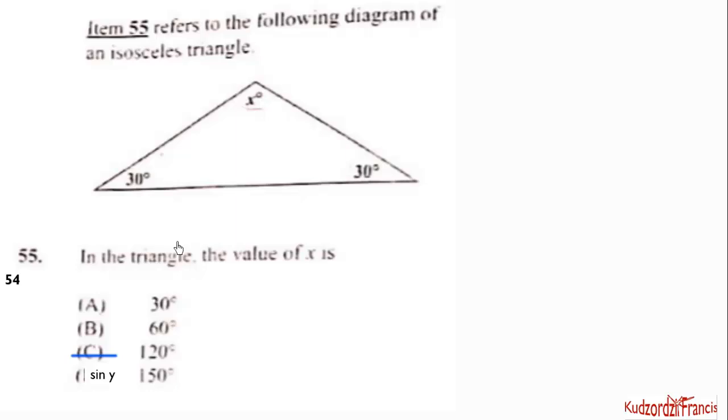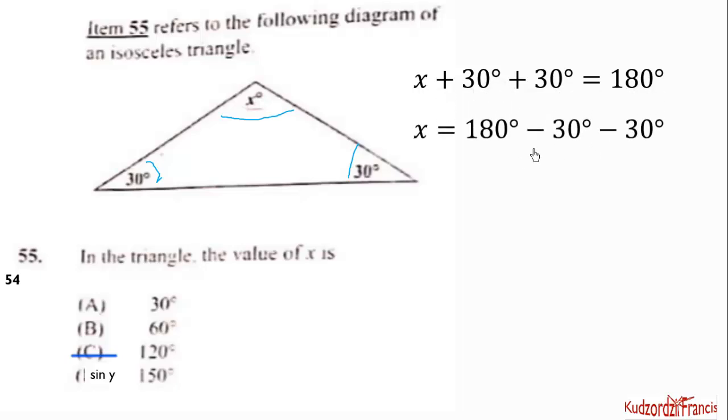So, we know that in an isosceles triangle, the sum of the interior angles 30, x, and 30 should be equal to 180. So, in a triangle, to find the value of x, we sum up the angles and equate to 180. So this will give us 180 minus 30 minus 30, which is the same as 180 minus 60, and that will give us 120 degrees. So the correct answer is option C. Now let's look at the